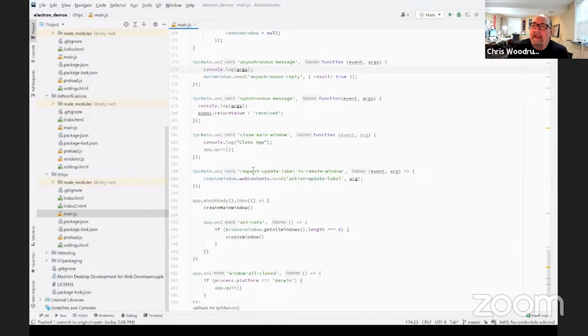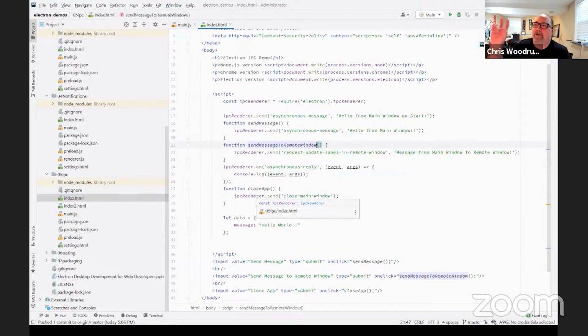And I can create my own events so that I know what events are coming over from different windows, the kind of business logic that's coming over from another window. So in this case, I have a request update label in remote window. If I go out to index, which is my larger window, I have an internal script.